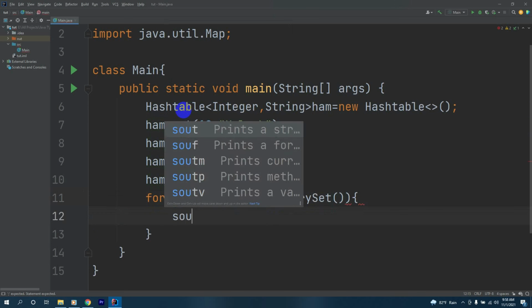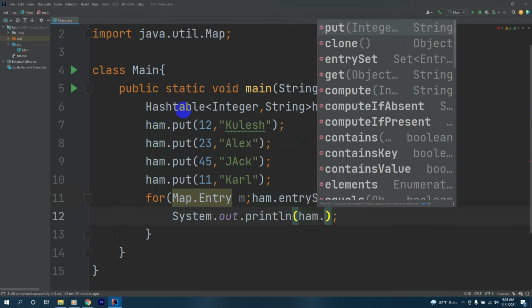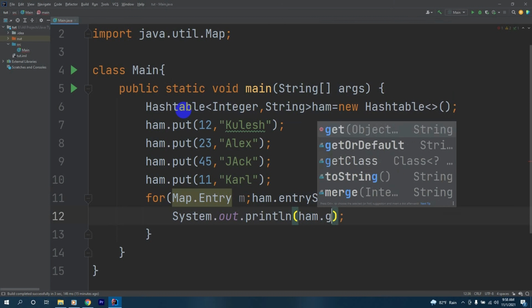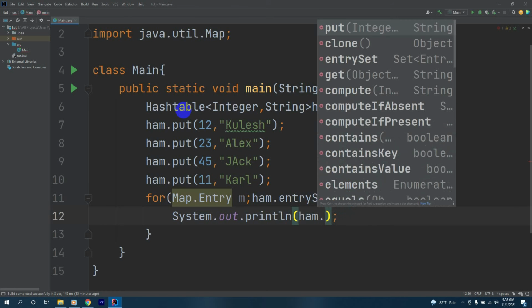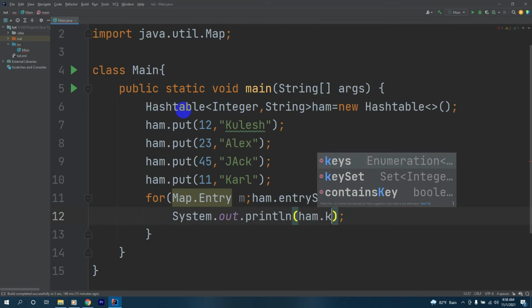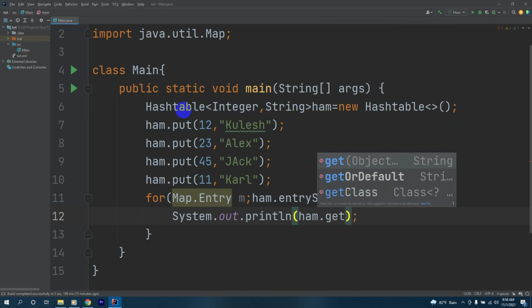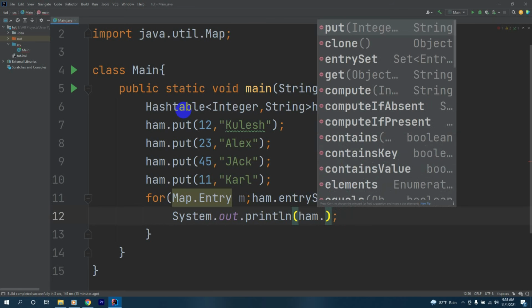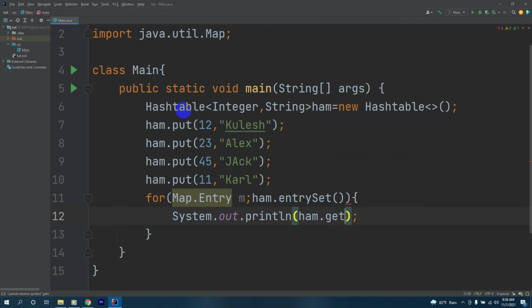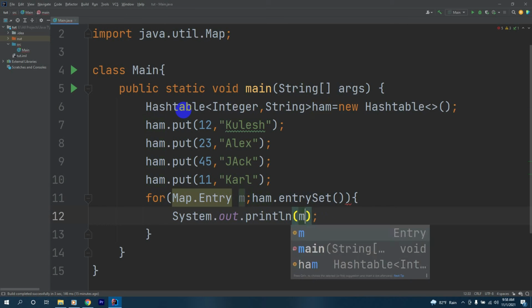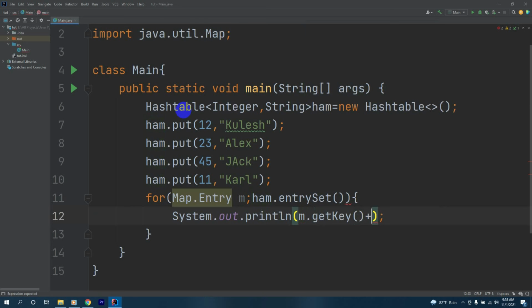After that we'll have a System.out.println to print ham.get, and after that we'll print our m.getKey plus space, and we'll have m.getValue.